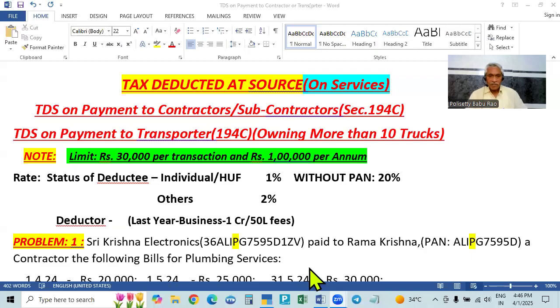Now we will enter the topic. First of all, what is TDS? TDS means tax deducted at source. Generally, we are learning it for services only. Services means we get a service from a person, and for that we have to make the payment. On the service value, before making the payment or at the time of payment, we have to deduct some amount at a certain percentage, and the deducted amount is to be paid to the government. This is called TDS, tax deducted at source.